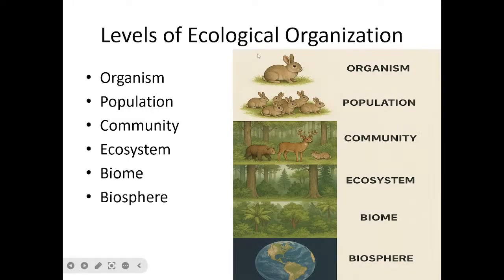And what are the levels of ecological organization? The first one is at the organism level. You can see this one is one organism. So a combination of this one organism is going to form a population. And a population of this organism plus a population of another animal plus a population of another animal is going to form